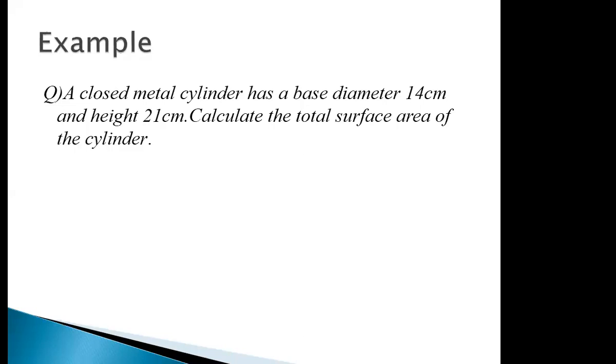How many circles do we have in a cylinder? It's a closed metal cylinder, so how many circles? Type in the chat box. Very good, 2. And suppose if the cylinder is open, if it has no lid, then how many circles will you have in the formula? Very good, Josefa. All right, Isa, very good. Abul Samad, good. So you will be having one circle only if it is open, right? Good, Alishba. But if it is closed, then you will have two circles.